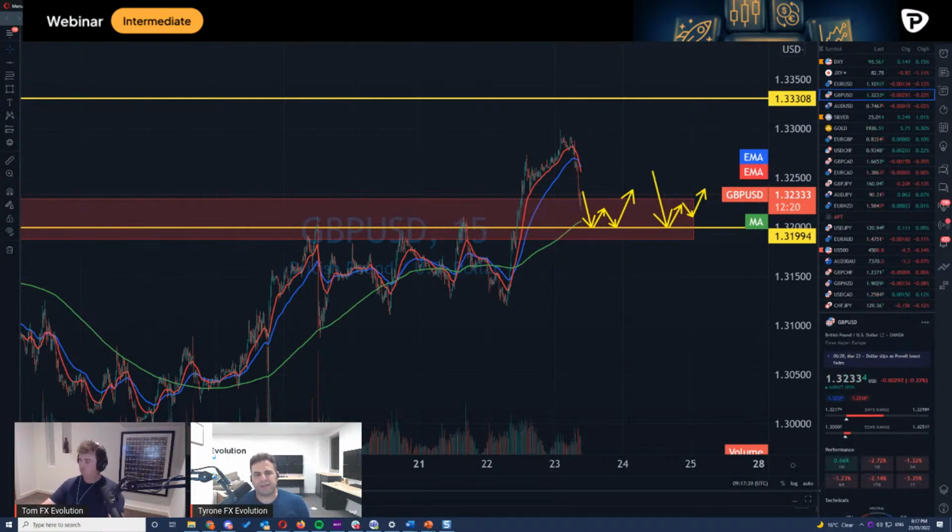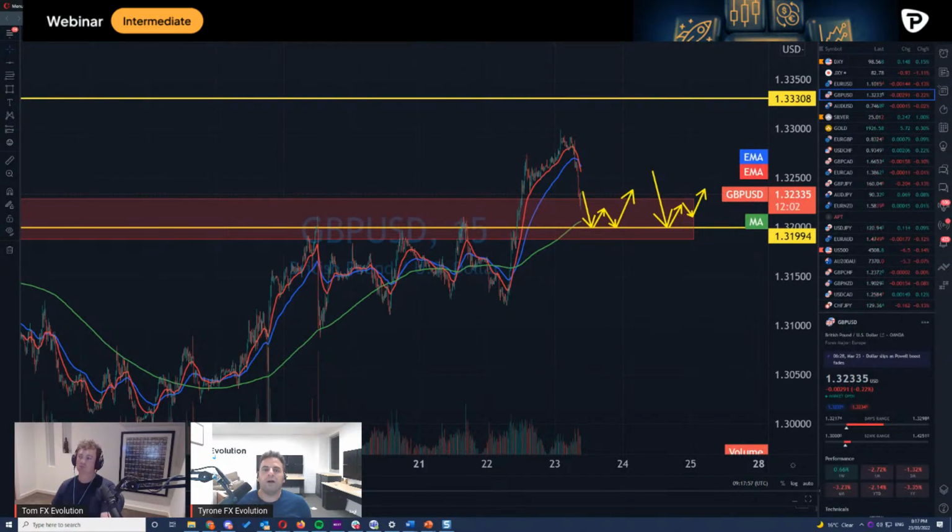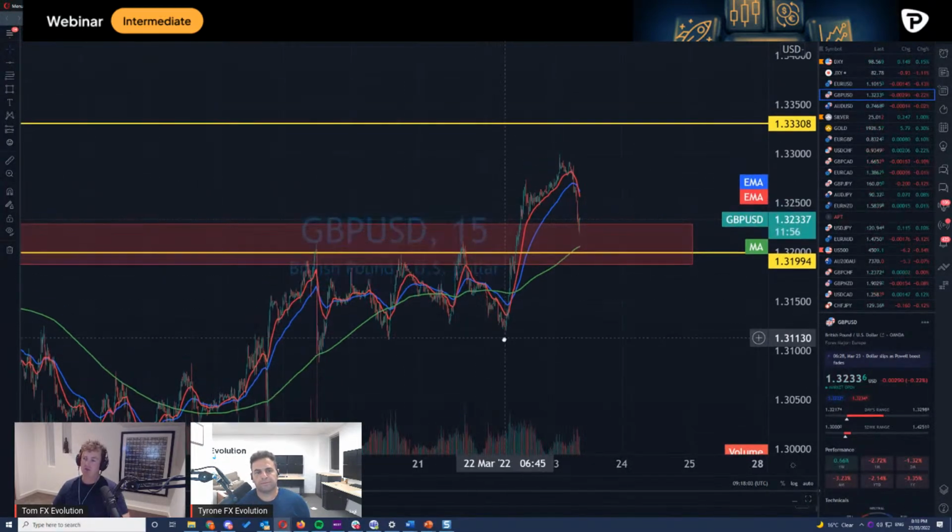This is a 15-minute chart, so it's not a great example. But if we were looking at a big time frame and we had this particular setup, the minute we get a series of lower highs and lower lows, or higher highs and higher lows, then we know that trend has changed inside that area of interest. And that's when we get in. We don't worry about it coming back to 131.994. We're going to take it as soon as it makes a new high. Yeah, absolutely. That's exactly when we're going to look at those types of things.